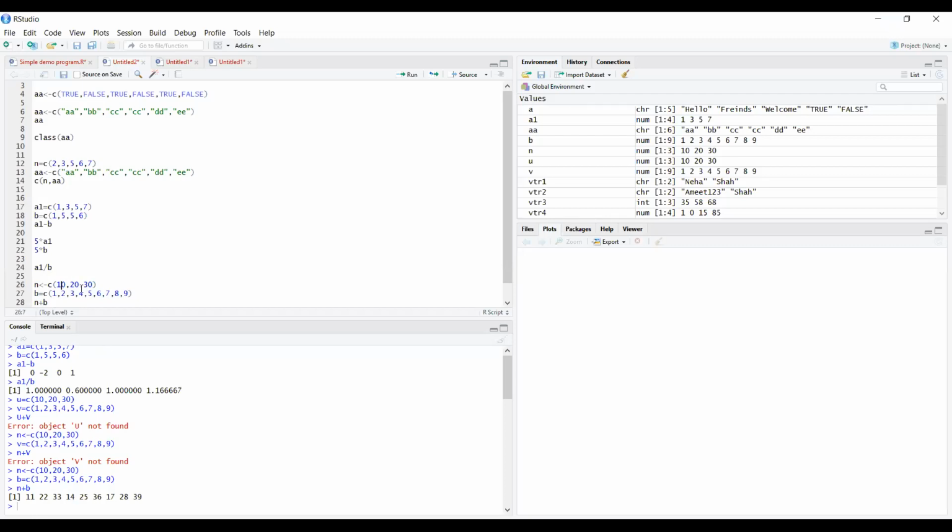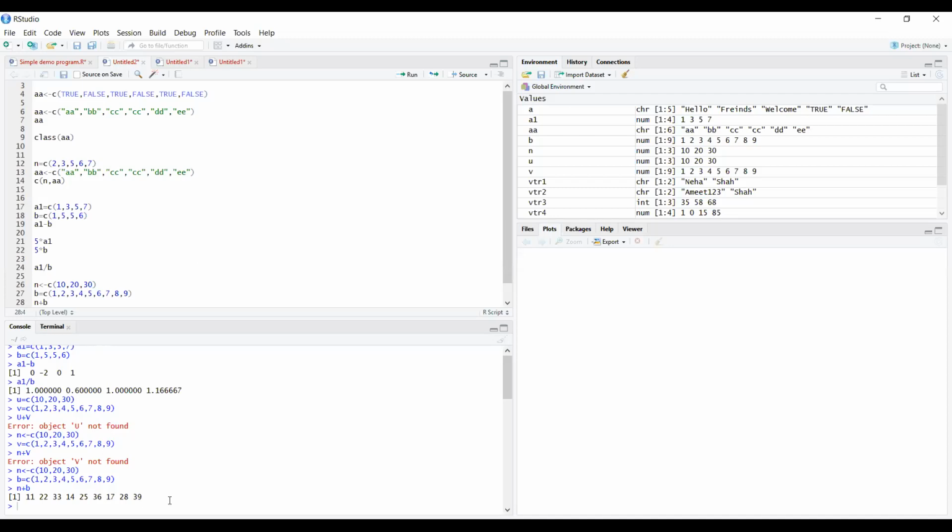Whenever 5 is added with 20, it gives you 25, 36, and so on. This is what we call the recycling rule. The recycling rule tells you that if the lengths of the vectors are not equal, then the second vector, which has the largest length, is added with the first vector, and it will give you the output.